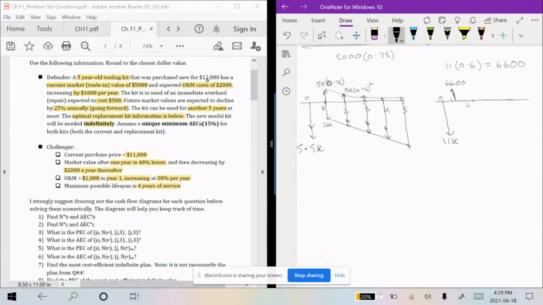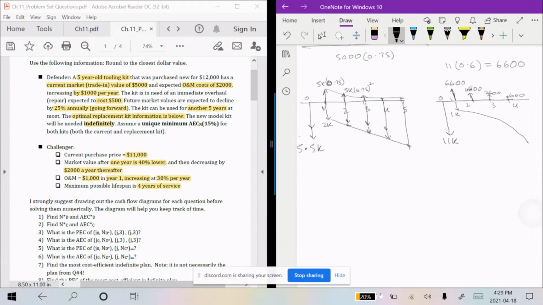0, 1, 2, 3, and 4. You know that the market value decreases 2,000 every year. So it's going to be something like this: 4,600, 2,600, and 600. That's going to be the salvage value in each year, depending on which year you're going to sell it. Okay, the operating costs are $1,000 in year 1,